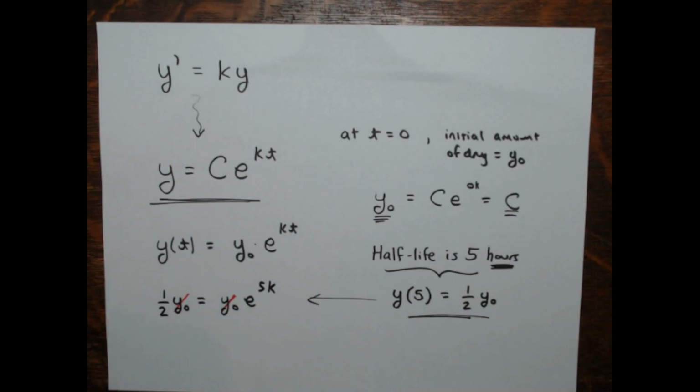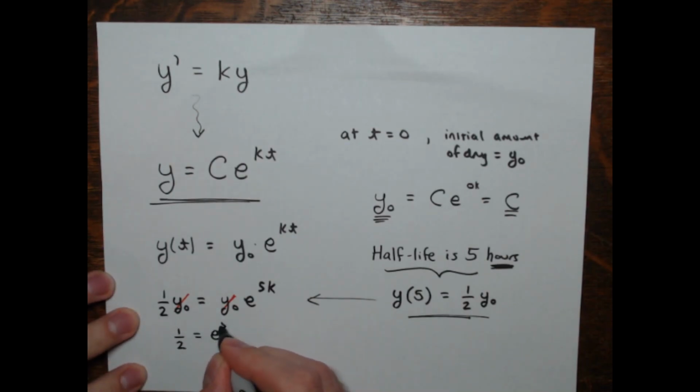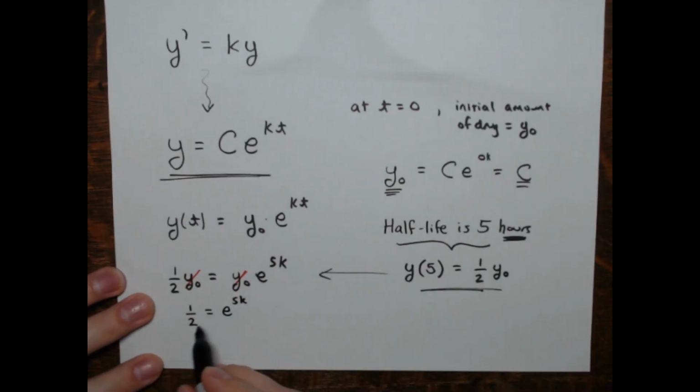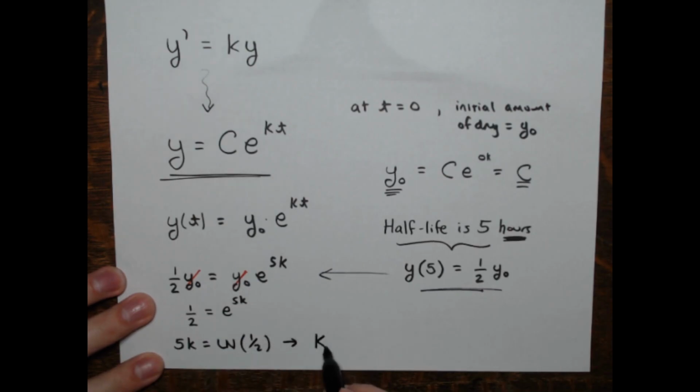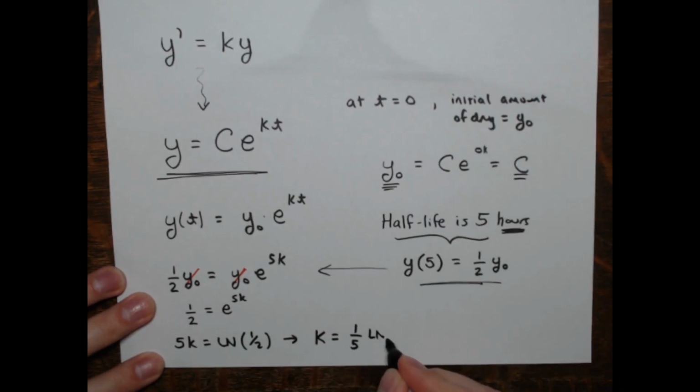And now we just have 1/2 on the left equals e to the 5k. Taking the natural log of both sides, that's 5k equals the natural log of a half, and times 1/5, right? So k is 1/5 times the natural log of a half,